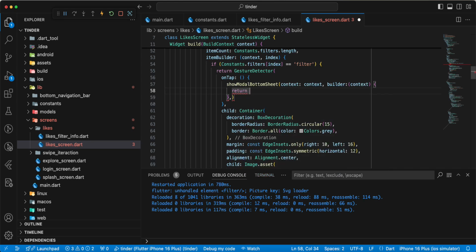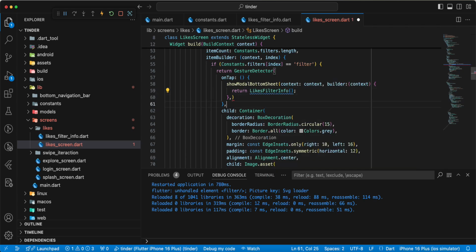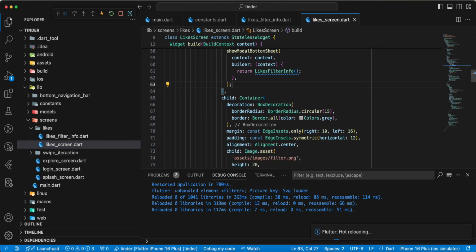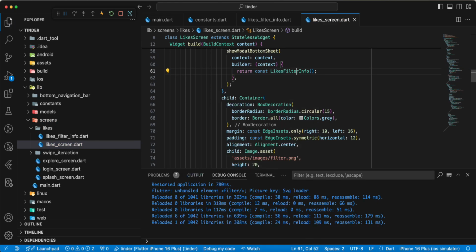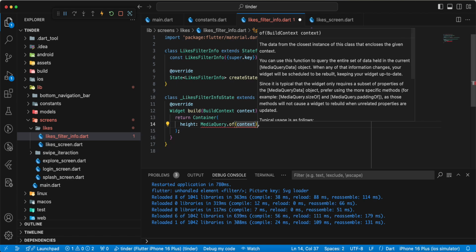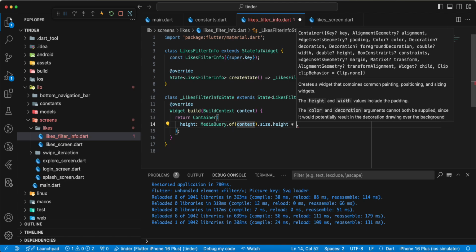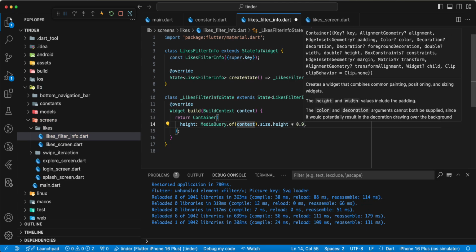write return, add LikesFilterInfo, add const, then we open LikesFilterInfo, write height, write MediaQuery.of(context).size.height, write 0.9,